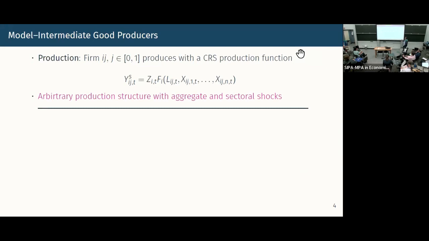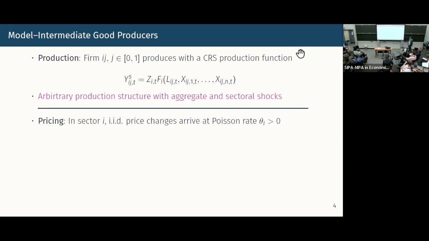Again, linearization allows me to assume any function that I want here. At the end of the day, I just need regularity conditions so that the solution is interior. It also allows me to impose any arbitrary production structure that I want on this economy, because around that efficient steady state, all that matters in terms of this production function is the expenditure share of firms in every sector on every other sector, which is eventually going to give us our input-output matrix. So that's the production structure.